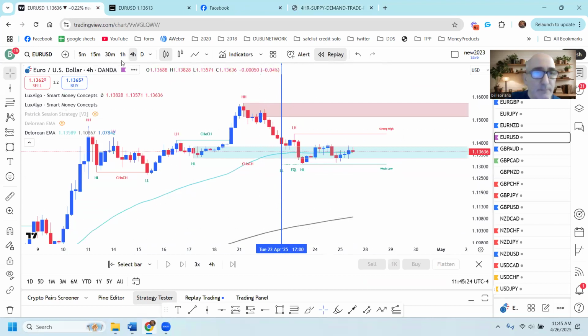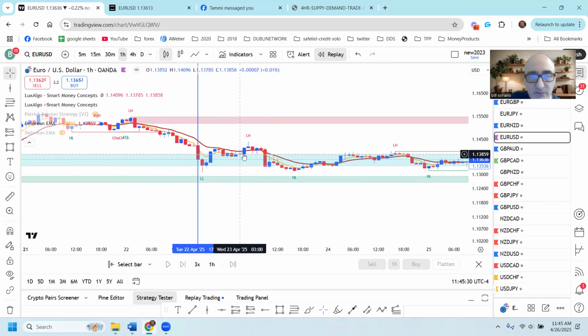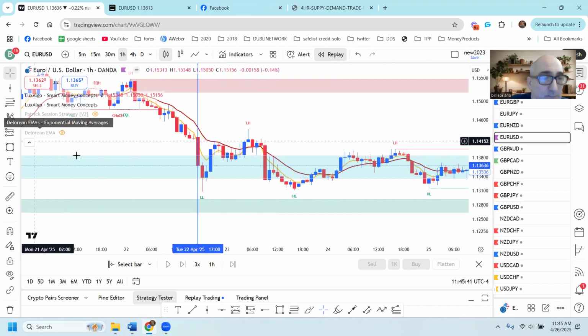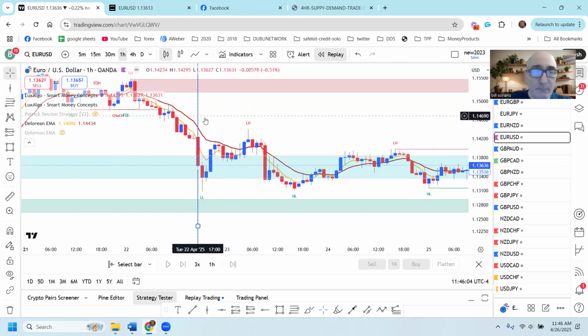So right here, we're going to drop down to the 1 hour, and we're going to wait for that yellow EMA, which is the 5, to cross and close above that red one, which is the 13. Now, it's kind of hard to see here, but you could set alerts. Over here, though, you could see the values. See how you have this DeLorean EMA, you could see the values there, the yellow one and the red one. And right here, the yellow crosses and closes above the red. So when that happens,